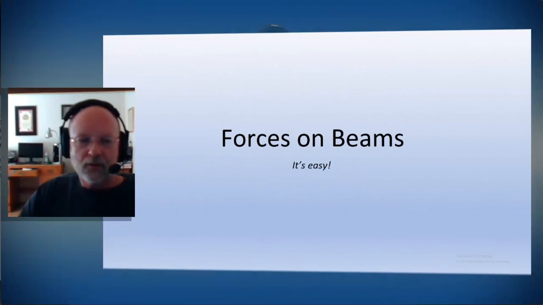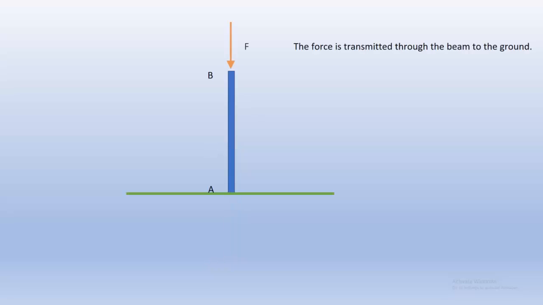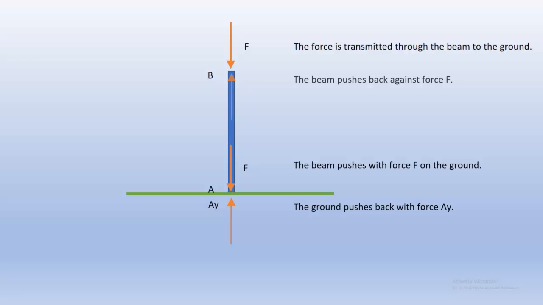Today we're going to start talking about how forces interact with beams and structures and things like that, and show that it's not all that difficult. So let's start here. Let's say I've got a beam AB. If I apply a force that goes along the axis of the beam, it will want to move in the direction of the force. Now, if the beam gets connected to the ground,